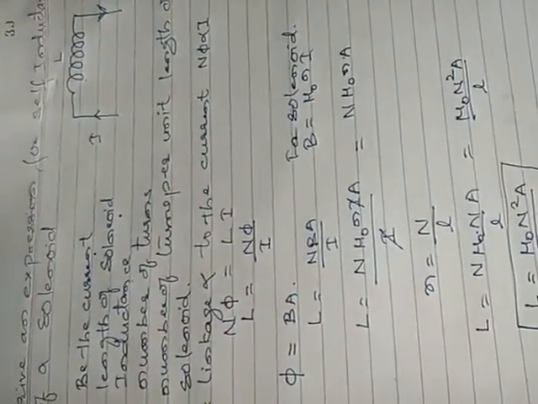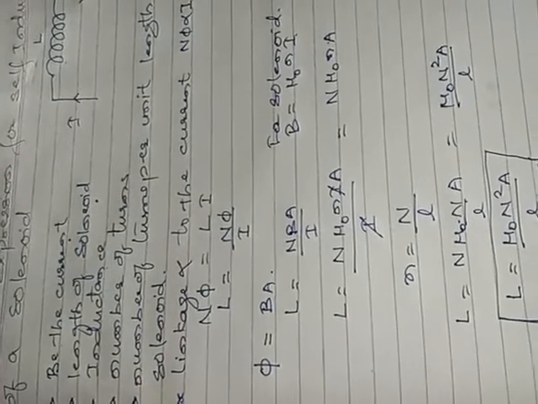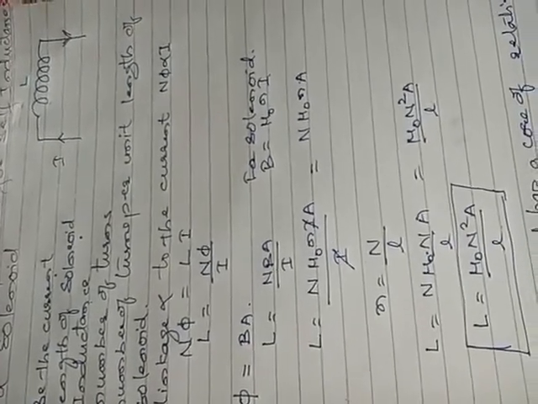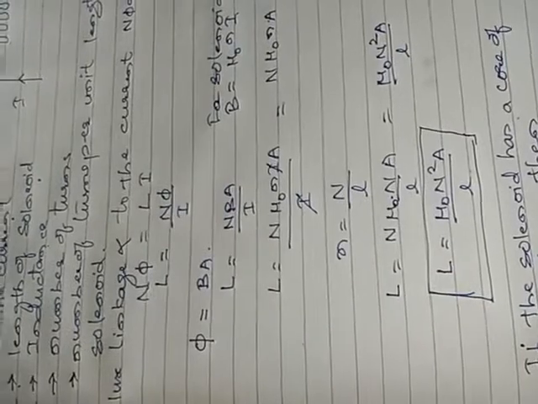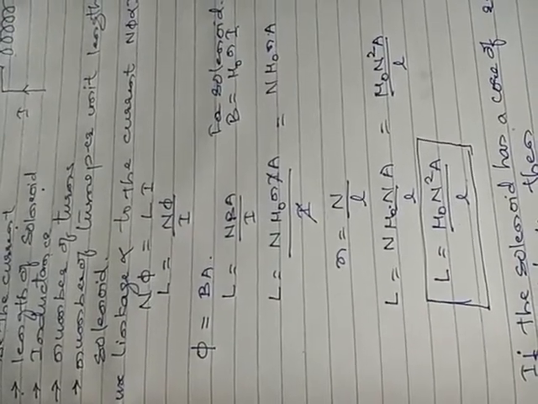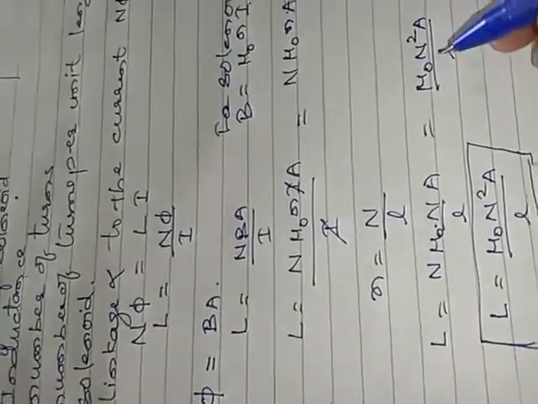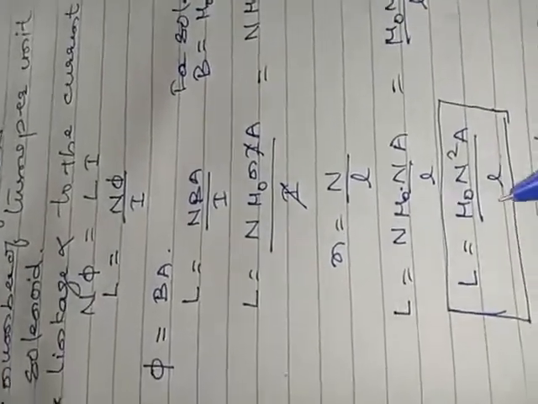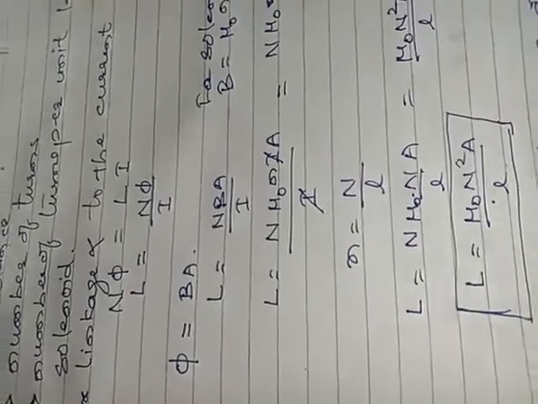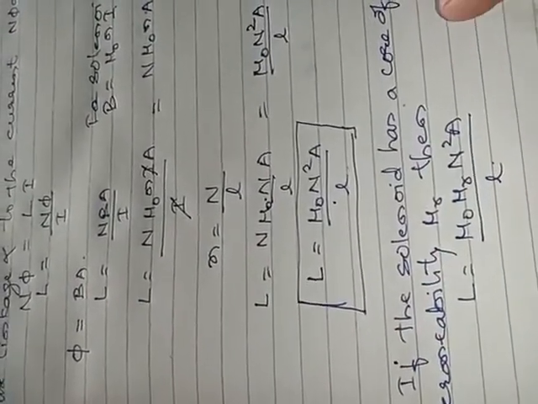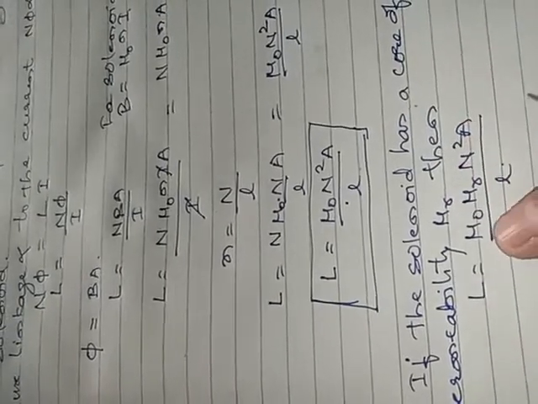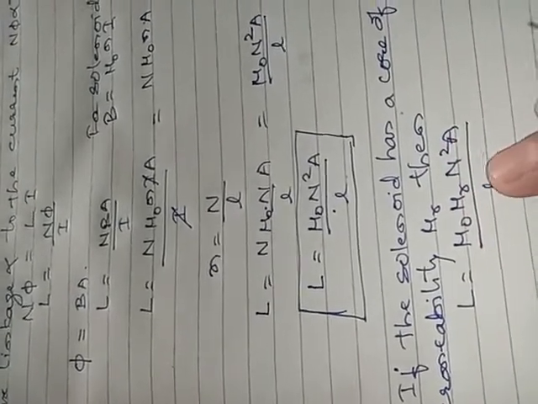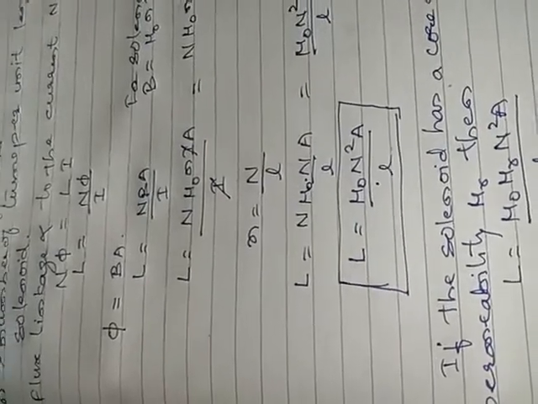For a solenoid, B is equal to mu naught n I. Substitute the value of B. I will get cancelled. तो क्या बचेगा? N mu naught n into A. Further we know small n is what? Number of turns per unit length, तो कैपिटल N डिवाइडेड बाय l. तो वैल्यू सब्स्टिट्यूट करेंगे तो N into N will become mu naught N square A by l. सो ये इक्वेशन बनेगा. तो ये 3 मार्क्स का क्वेश्चन कंप्लीट हो गया. Okay, and if suppose the solenoid has some core of relative permeability mu r, then mu naught mu r N square A by l ये इक्वेशन आएगा. So this completes the derivation.